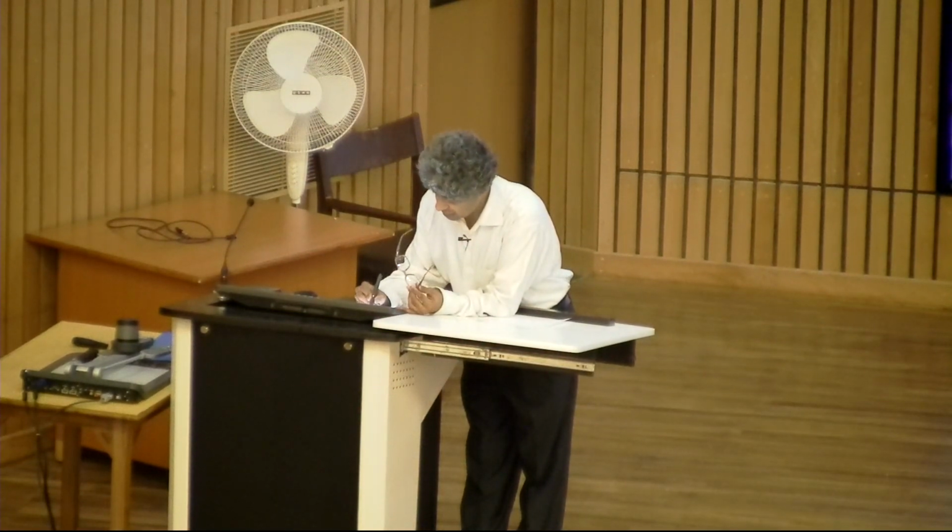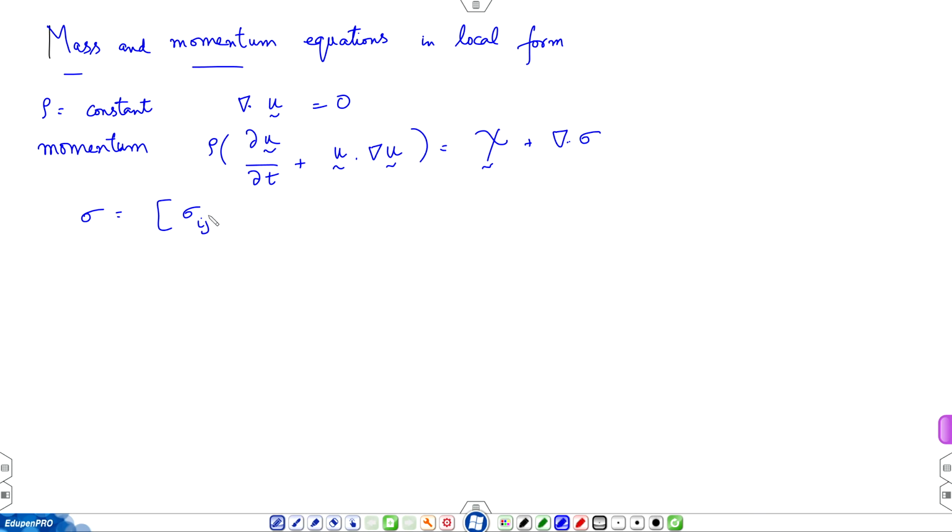So, sigma is this matrix sigma ij, a 3 by 3 matrix in 3D. For our board work, we will use 2 by 2. And the response is the strain rate, epsilon dot, which is